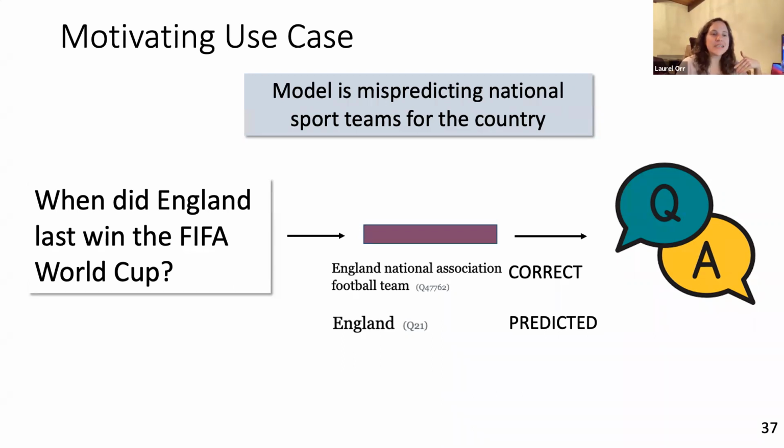So in the sentence, "When did England last win the FIFA World Cup?", a country itself doesn't win the World Cup, the soccer team does. But our model is mispredicting that as the country rather than the sports team. This is problematic because it hurts not only this QA system in this example, but as these embeddings are shared across all the downstream products, this error will impact performance across all of them as well. It's not an error isolated to one system. It's going to appear across multiple different systems.